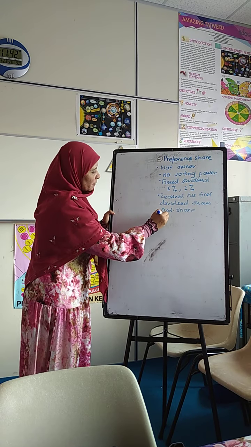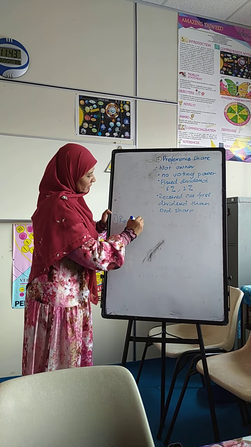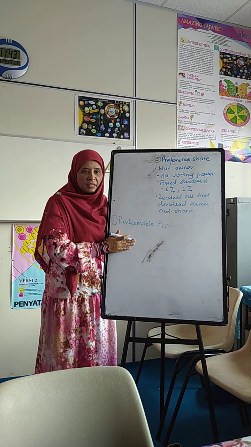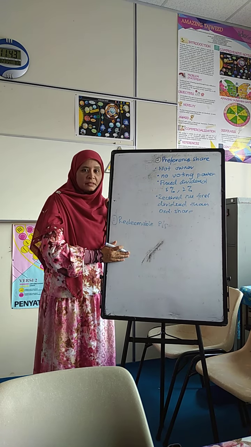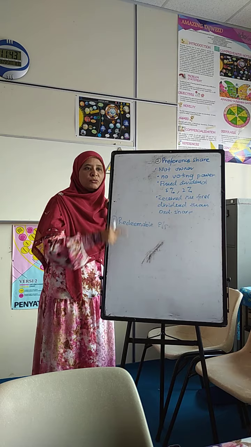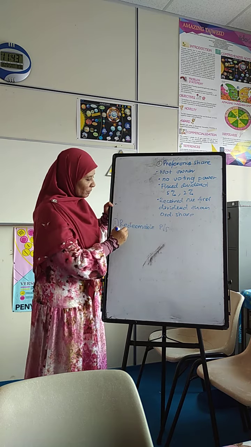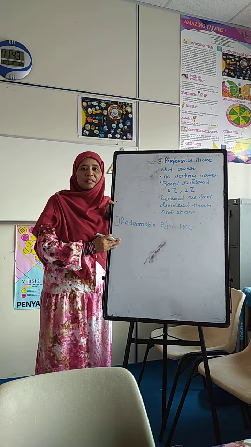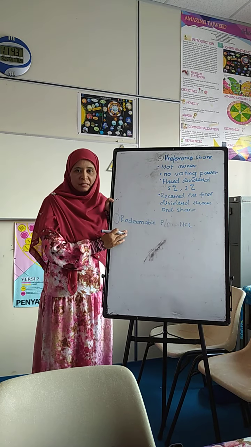Then, in the preference share, we have many types, right? The first one is the redeemable preference share. For the redeemable preference share, it means that the share the company already issued to the shareholder has a certain date or time when the company has to redeem it back, by returning the money to the shareholder and getting back the issued share. So this is a redeemable preference share. Most of the redeemable preference share is a non-current liability. Why? Because the company has an obligation at a certain date to repay their money. We call it redeemable preference share.